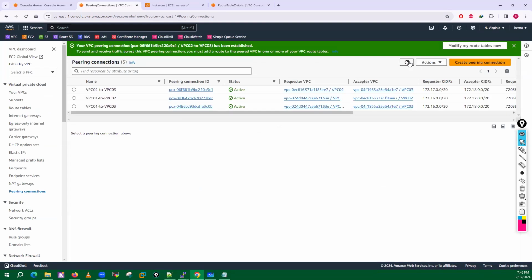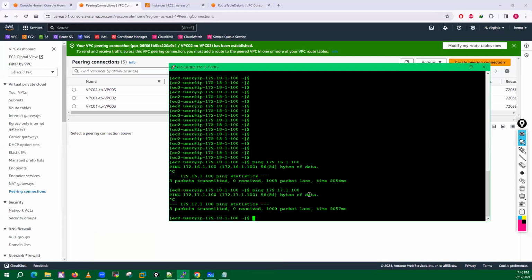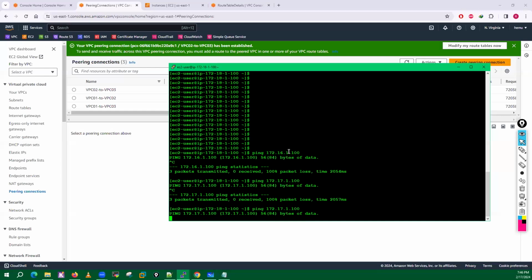Now, see, right now we have created the connection, but still ping is not happening. What we have to do is the route table modification.